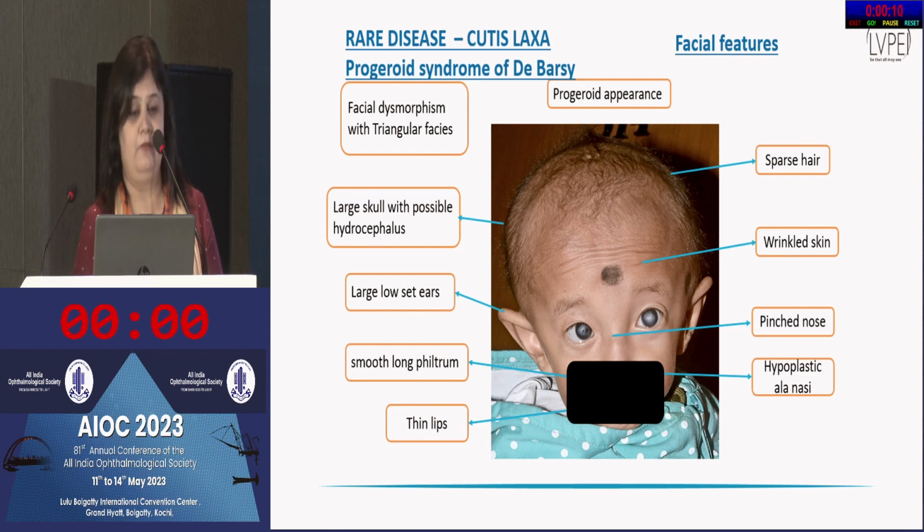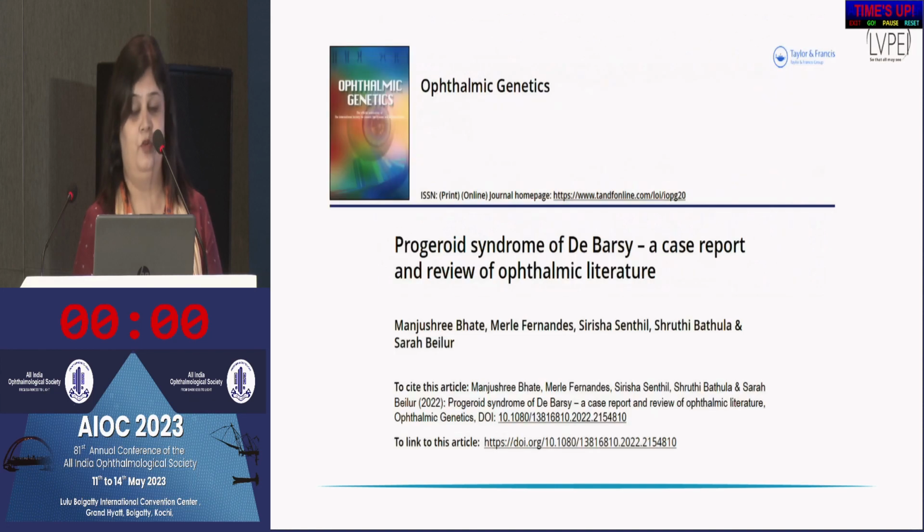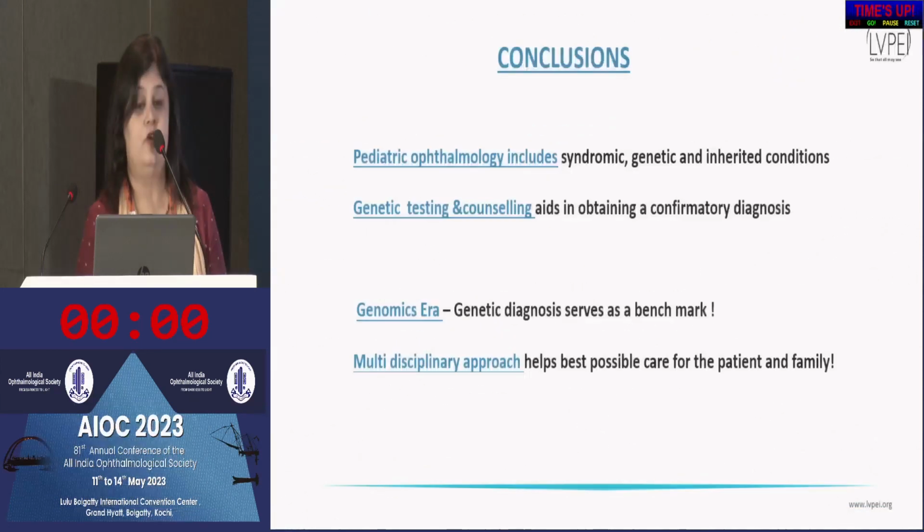So this was a patient with cutis laxa who is a 2-year-old but looks like a very old person's face, as you can see, because of the lax redundant skin and skeletal abnormalities. This was a non-consanguineous marriage but was positive for a PYCR1 mutation, which is diagnostic of a progeroid syndrome of DBARC. With this, I'm just going to conclude by saying that pediatric ophthalmology includes syndromic, genetic, and inherited conditions, and